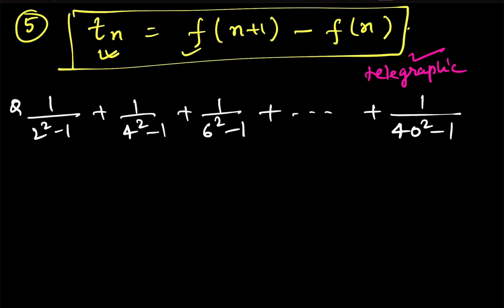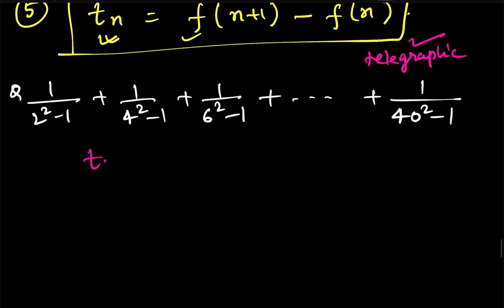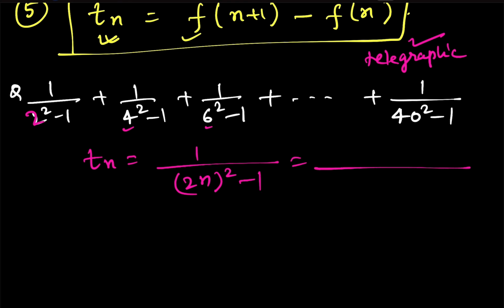So if you see the nth term in this sequence, here it is 2, here it is 4, then 6, so it is 2n squared minus 1. So you can write it using the a squared minus b squared formula. You can use 2n minus 1 and then 2n plus 1. So now what you have to do is bring this